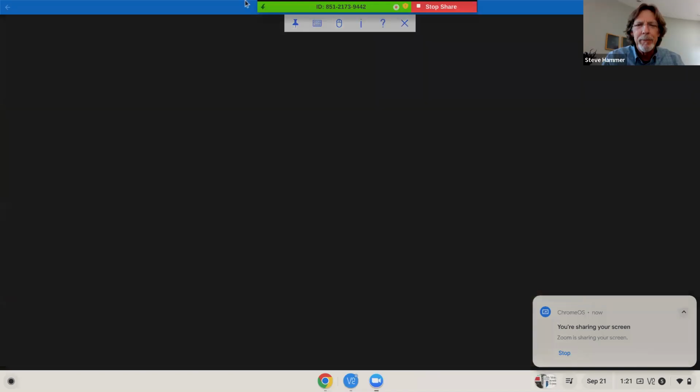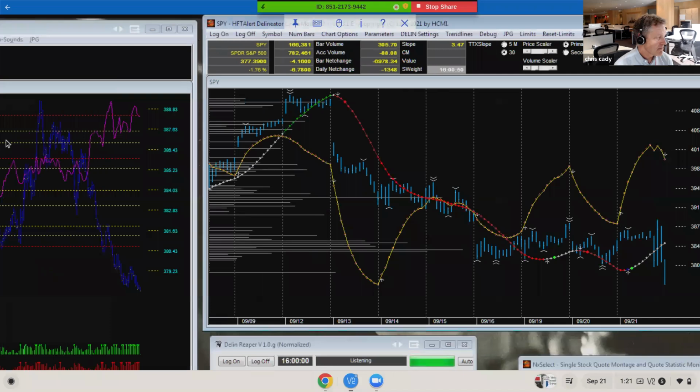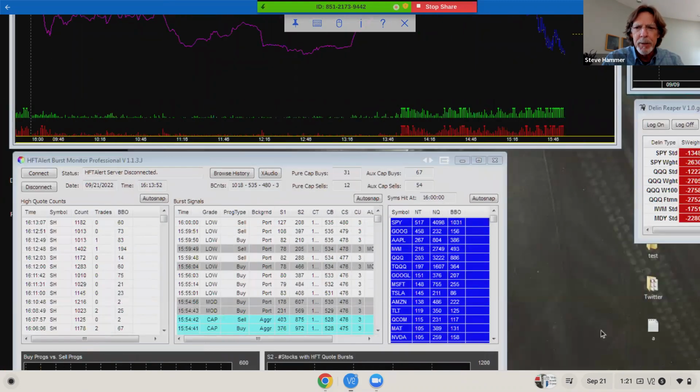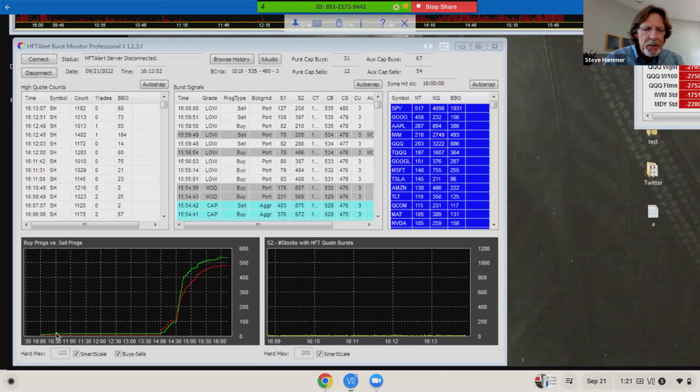But hold on. Steve's program is comprised of many things, one of which shows the activity at a very high frequency level, as well as accumulative data in the dark pools for names. So let's look at the first monitor. This is remote, which is why it's kind of doing what it's doing. If everybody is curious, Steve's house got flooded while he was on vacation. So he's now having to remote in, which is why it's a little bit clunky. So please forgive us. So we can see that starting the day,